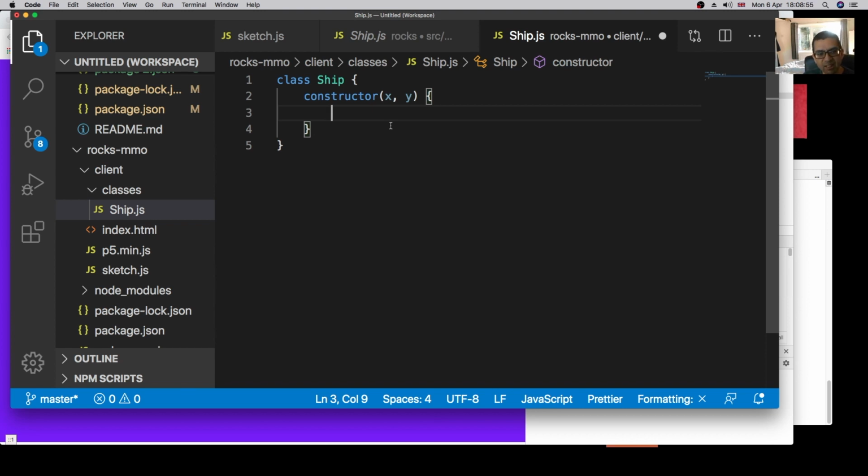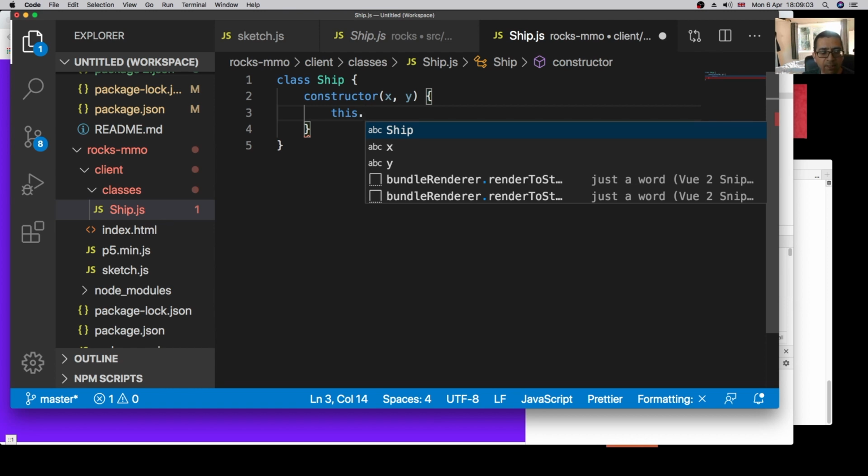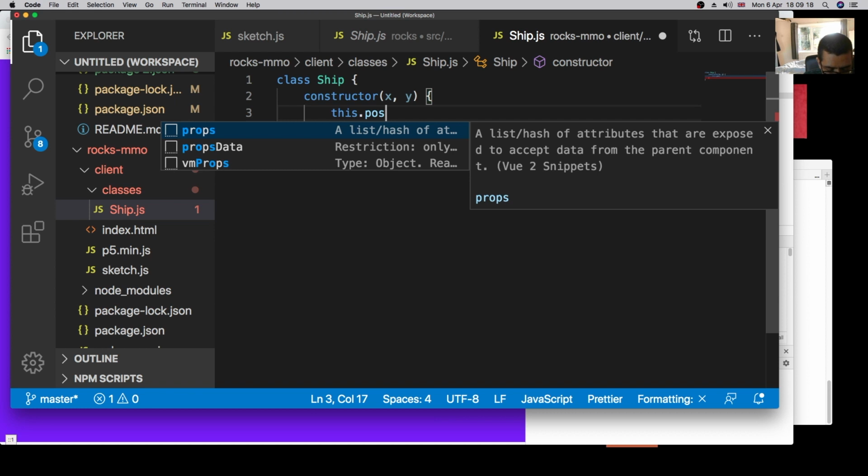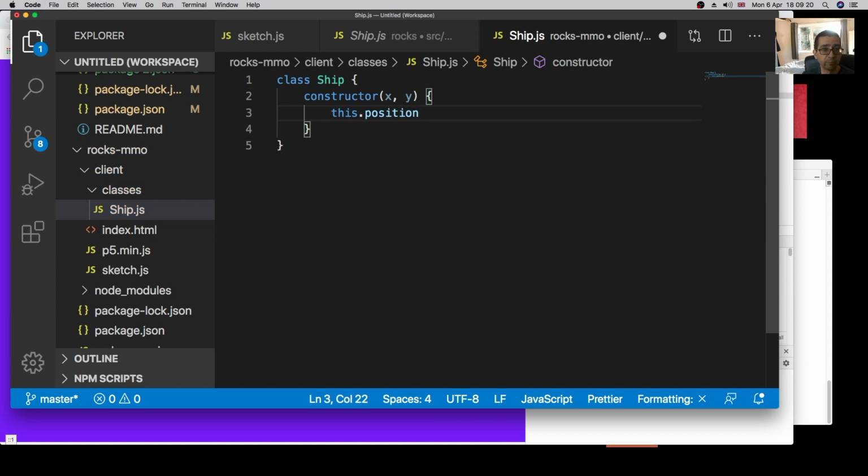So rather than just setting it to X, we're going to change it slightly. First of all, we need to say this. This simply refers to the class that we're in, the ship class, and the object we're about to make from that. So we can say this dot position, which is a new variable,